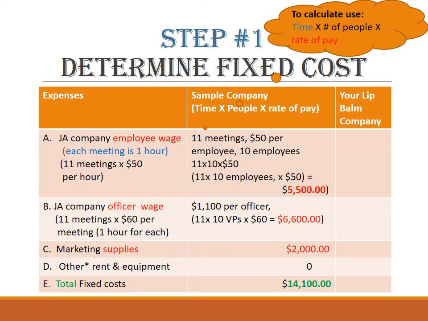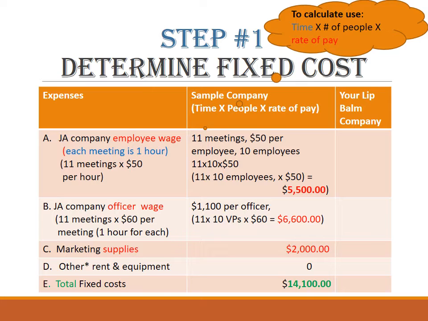Now, in column 2, you'll notice that I have time times people multiplied by rate of pay. The time is 11 meetings at 1 hour per meeting, and it's $50 per employee, and it's 10 employees. That's the A row. Now, 10 employees, multiplied by the time, which is 11 hours for the 11 meetings, multiplied by the $50 rate of pay, gives you $5,500. $1,100 per officer for the